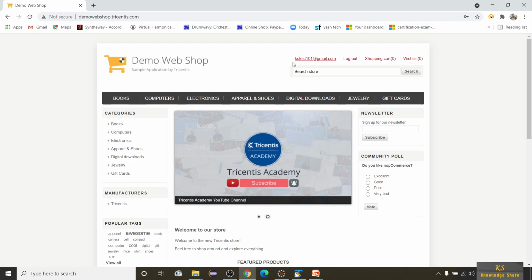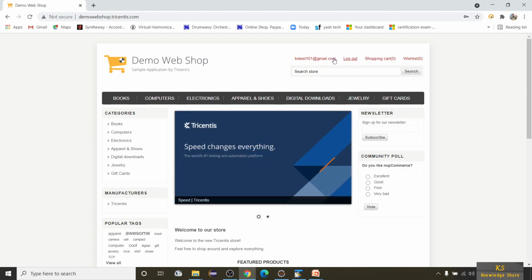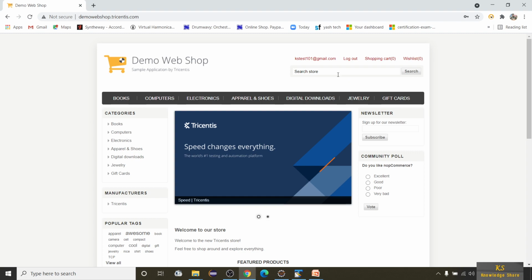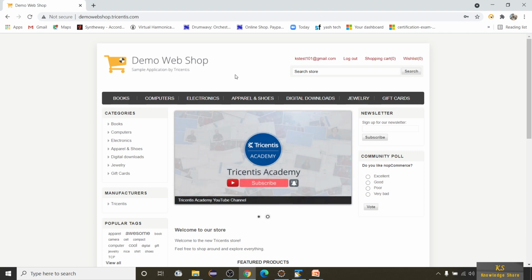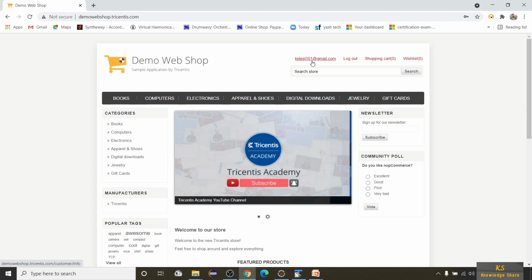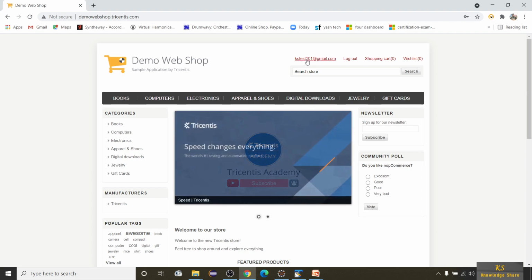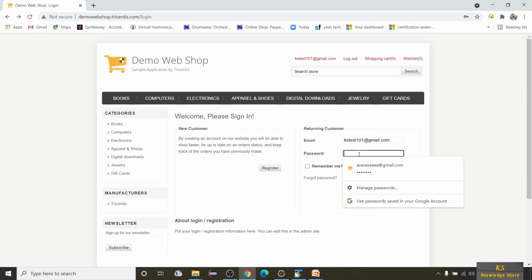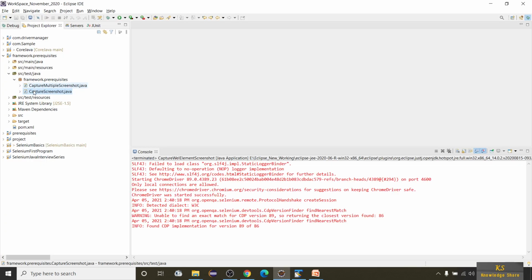So I am just capturing this gmail.com. Or you can even capture logout, or to check whether after logging in particular menus are available, or if you want to capture what menus are available, then you can use this screenshot method, individual web element capture. So I'll be capturing my email address here after logging in. That's the test that we are going to do now. So here we have an email and we have a password, and we are just clicking on login and then verifying this. So let's switch to Eclipse.